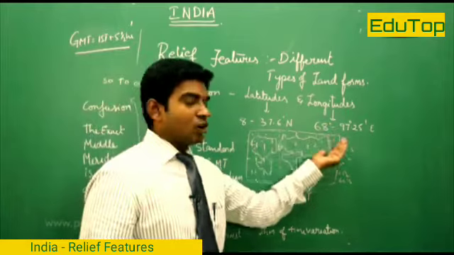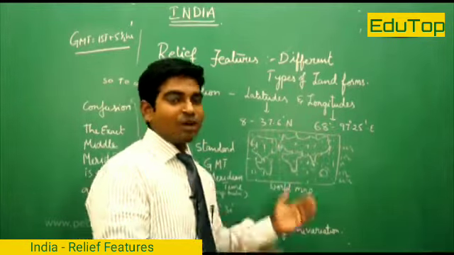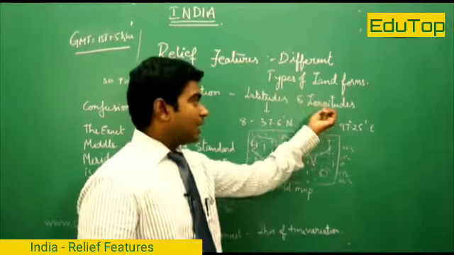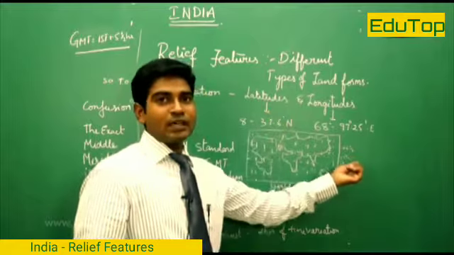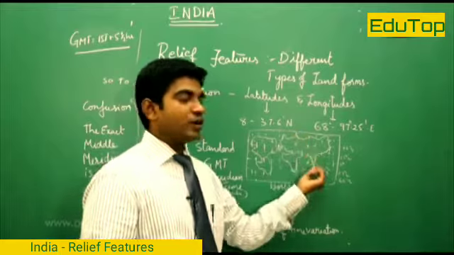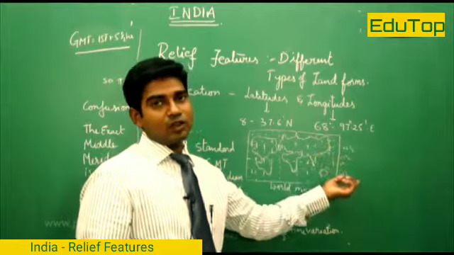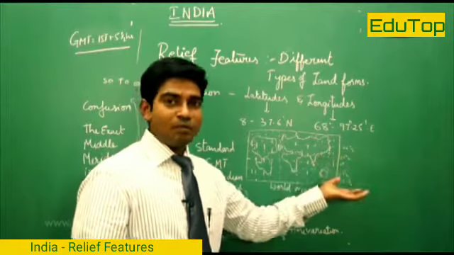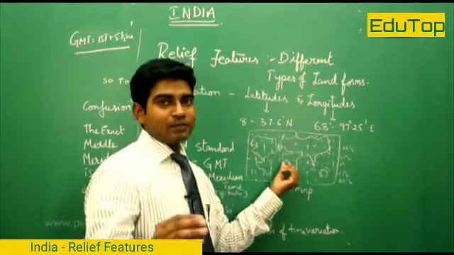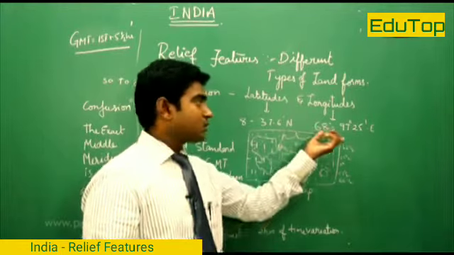We have latitudes and longitudes. We use latitudes and longitudes not only for the location of any particular country, but we also use them for determining the time zones of various places. Now, as latitudes, the equator is the 0 degree latitude. Coming to the longitudes, the 0 degree longitude is known as the prime meridian or Greenwich meridian. It passes through London at a place called Greenwich.